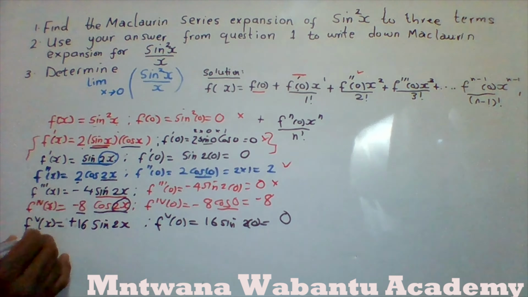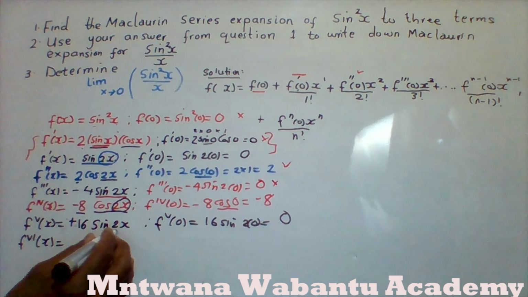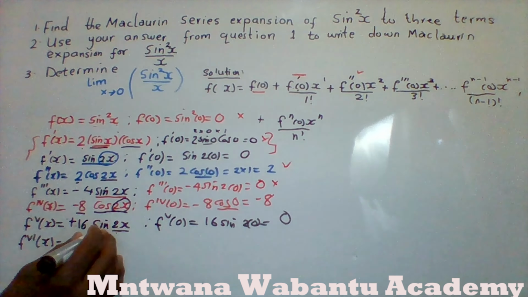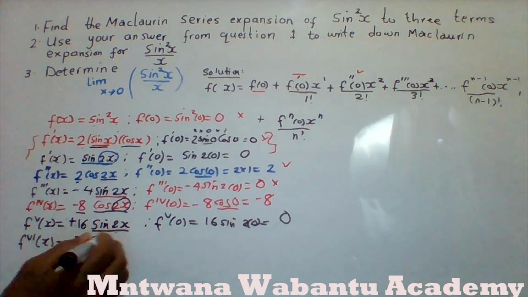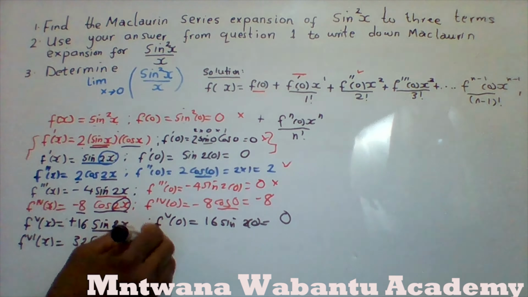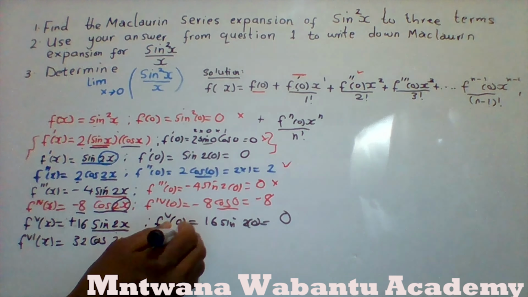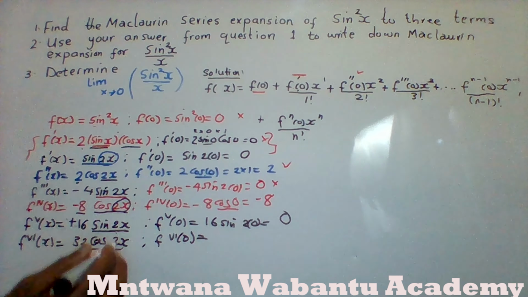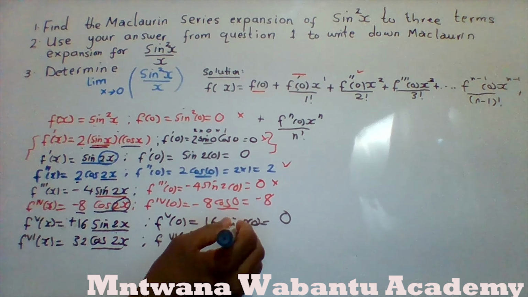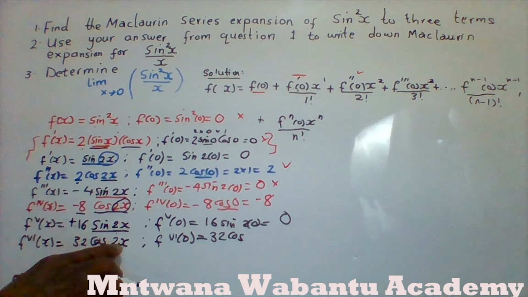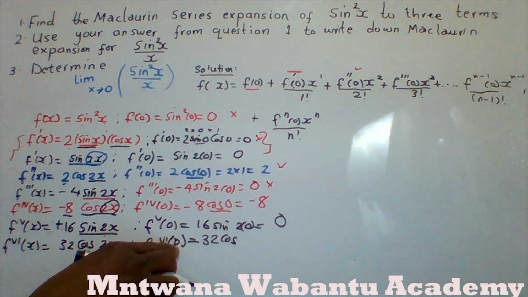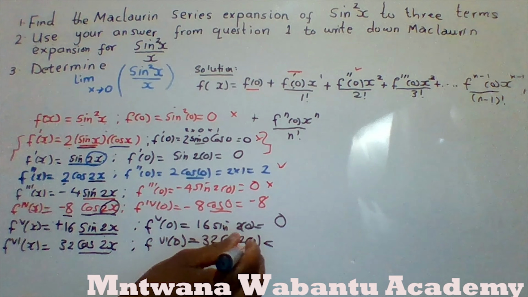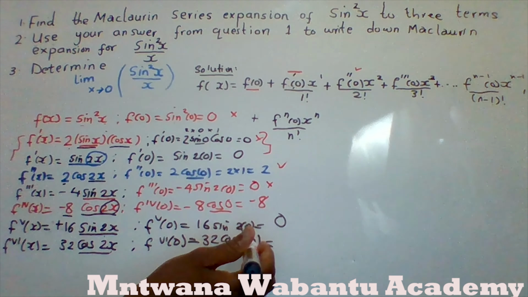Okay, number 6, x. The derivative here is going to give us 2, and 2 times 16 is 32. When you differentiate sine of 2x, you get cos of exactly what you have here. So now let's plug it in. For the fifth derivative at 0, it's going to be 32 cos of 2 times 0, because now we plug in x equals 0. Cos of 0 equals 1, and 1 times 32